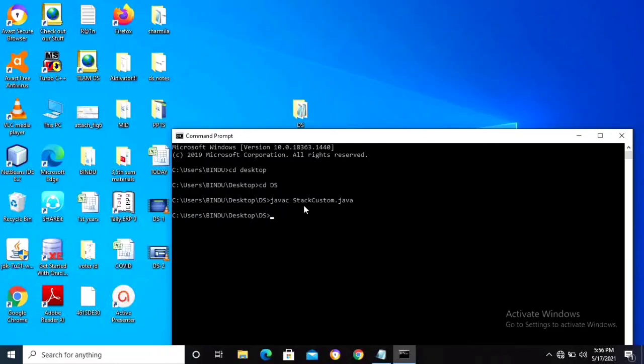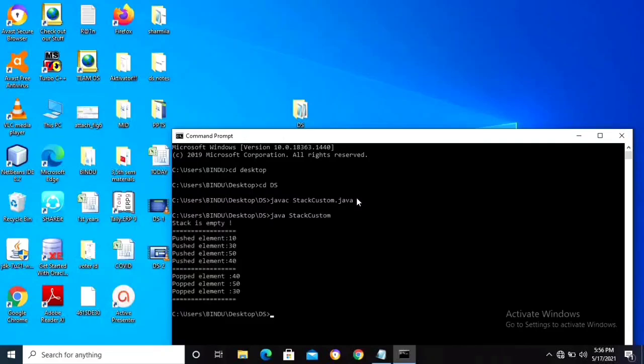At compilation time there are no errors. Next, run the program: java space StackCustom. Okay, enter. So this is the output.